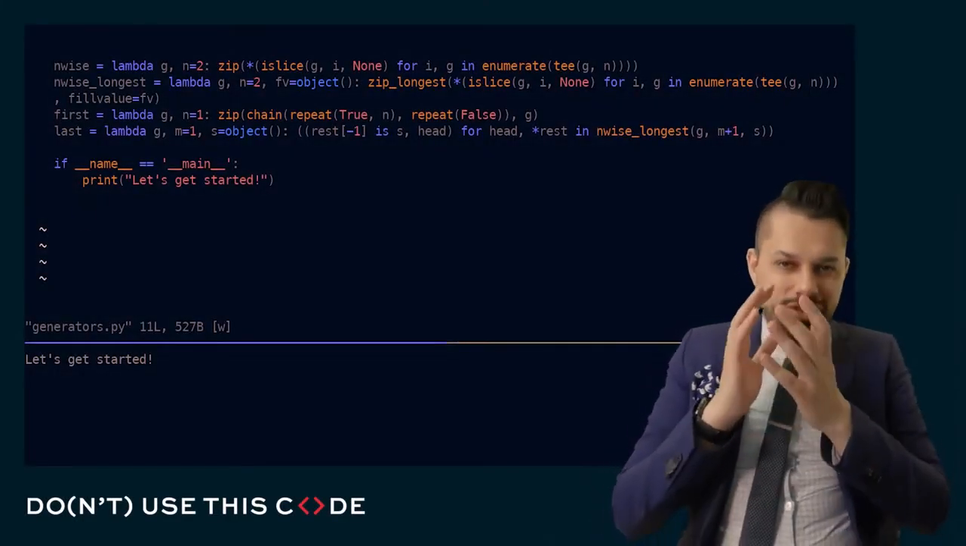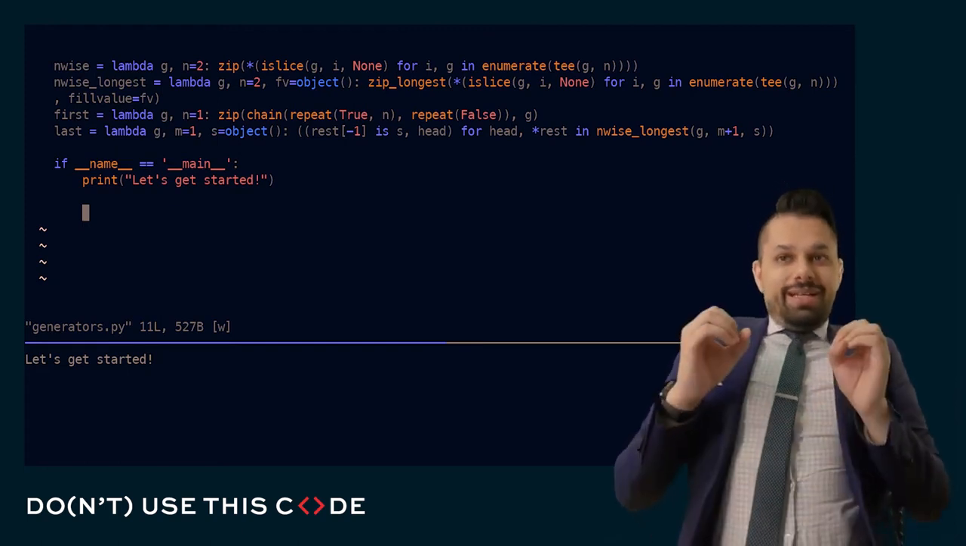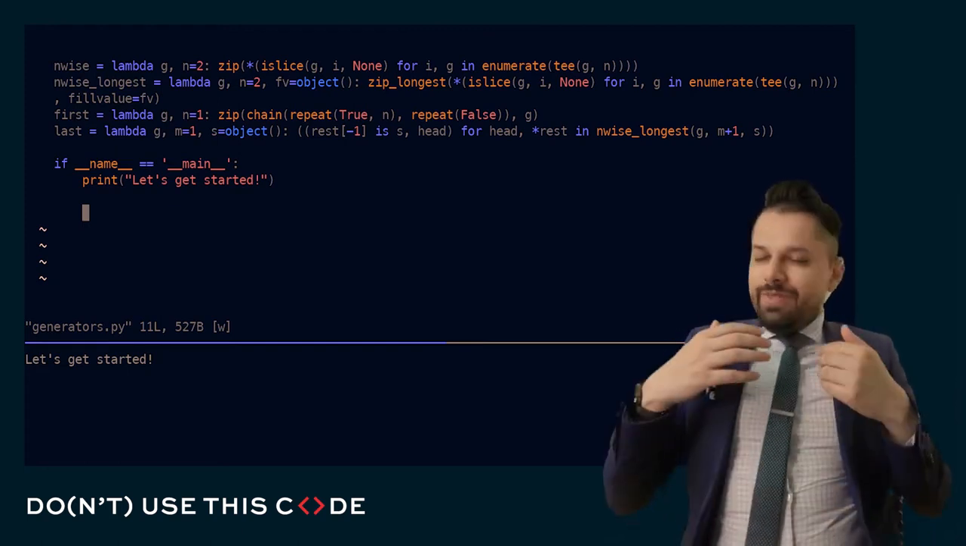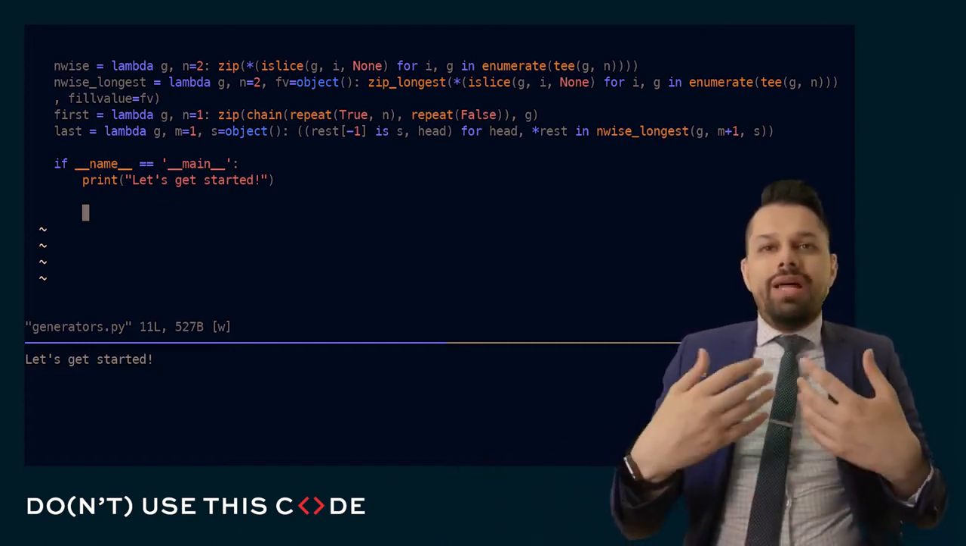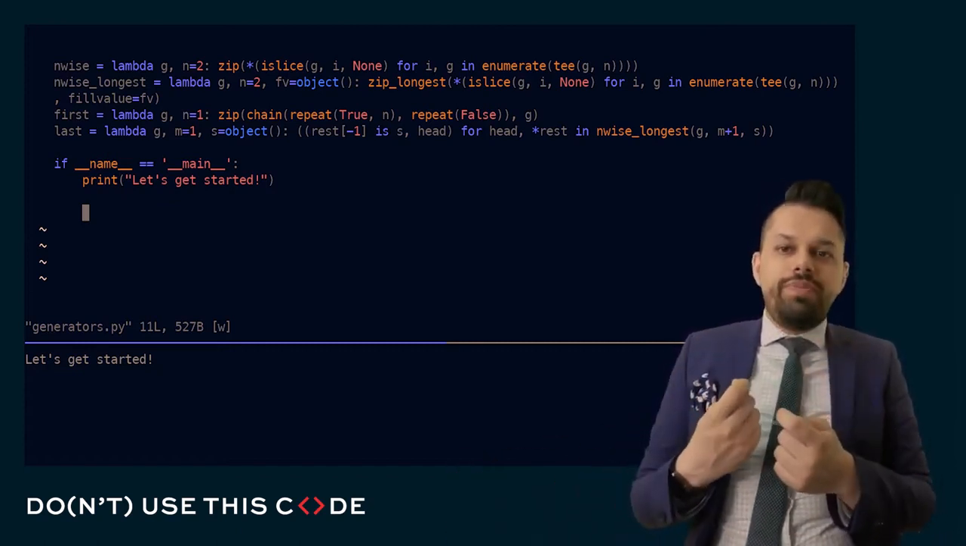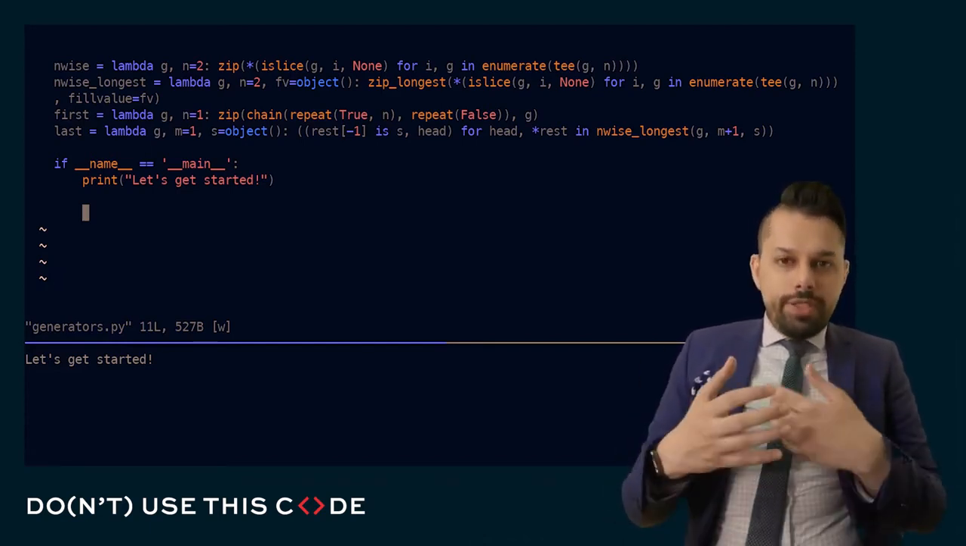Okay, so you're still with me after nwise and nwise longest. Here's a question. How on earth do these help us solve any real problem in our real lives? Well, I want to show you something that I really like about this approach for Python programming, this approach using